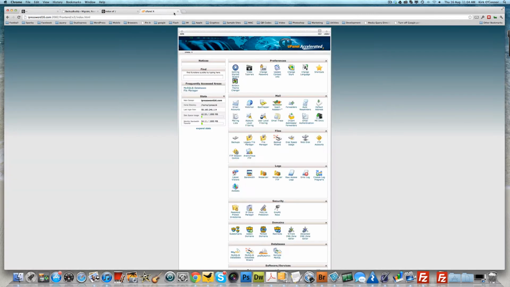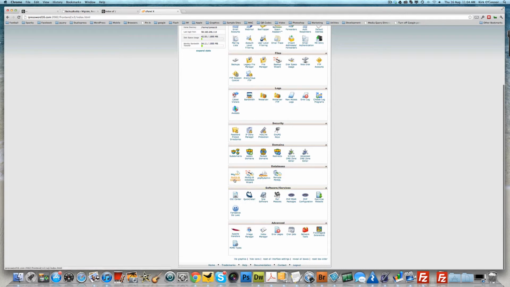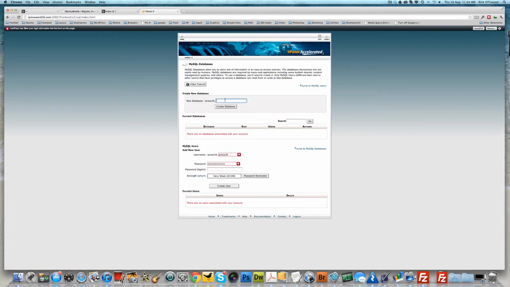You can see that there are no files on that server at all, and we're using cPanel as the control panel, so we've logged into cPanel here. The first thing we're going to do before restoring our backup is create a database. So down here to MySQL databases, and we're going to add a database,